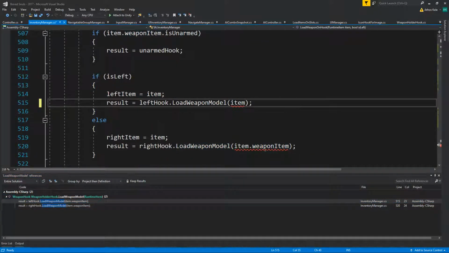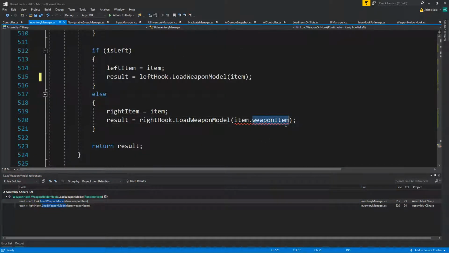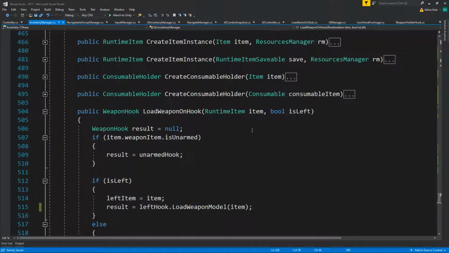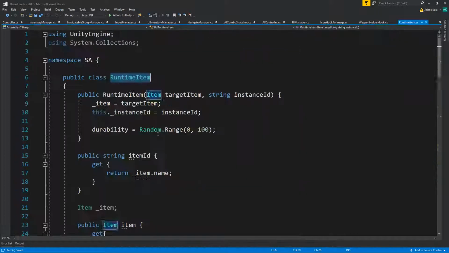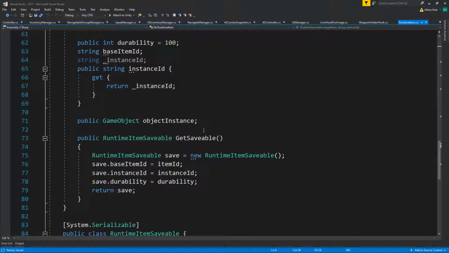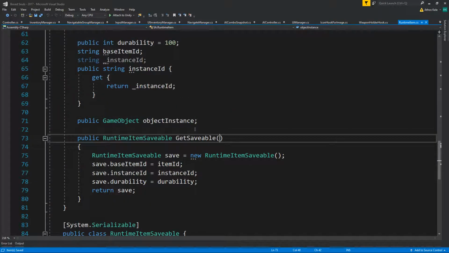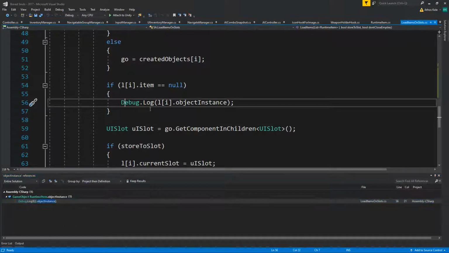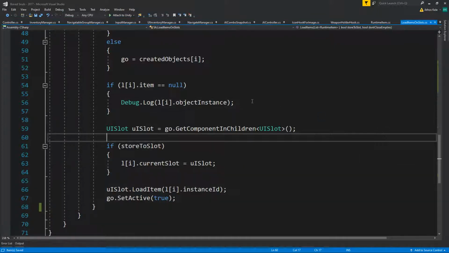It's going to be passing the item itself. And the reason for that is we're going to keep a reference to the created object. We already have it, and it's here. It's the object instance, where we just check for that. Okay, then